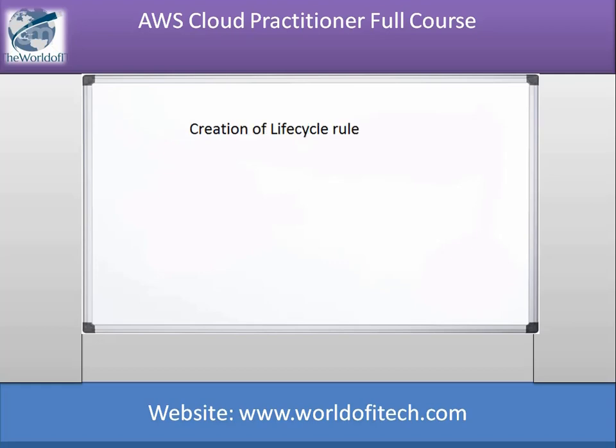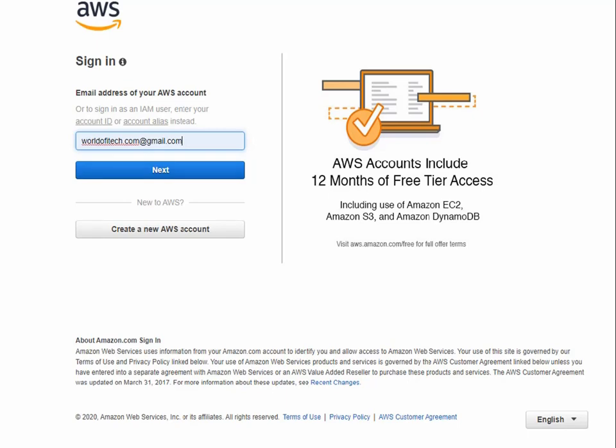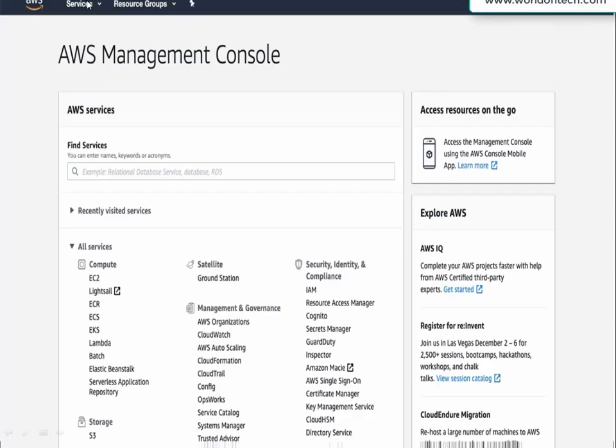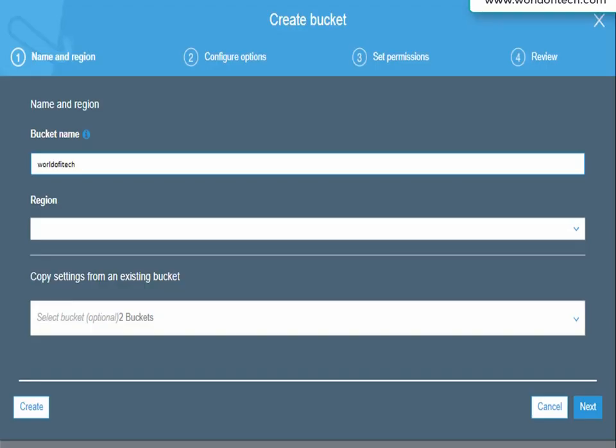Creation of lifecycle rule. Sign in to the AWS Management Console. Go to Services. Click on the S3 service. Create a new bucket in S3. Enter the bucket name and then click on the Next button.